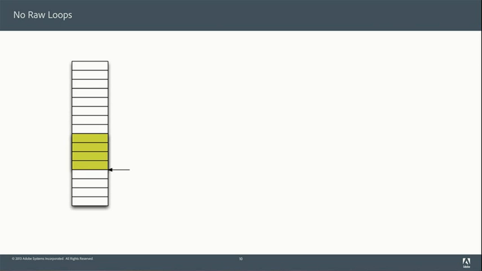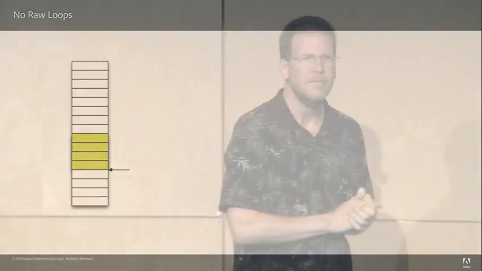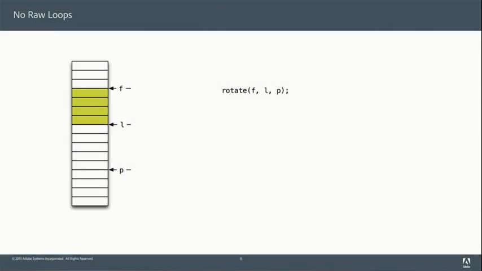Now, how many people here could do that in one line? Bjarne doesn't count. So nobody? Somebody here? Can you tell me what the one line would be? Something about slide. List slides. Yeah. Not a splice, but maybe you could do it with a splice if this were a list. But here we've got a vector, or some sort of container. So there's an algorithm in the STL called rotate that does exactly this permutation.